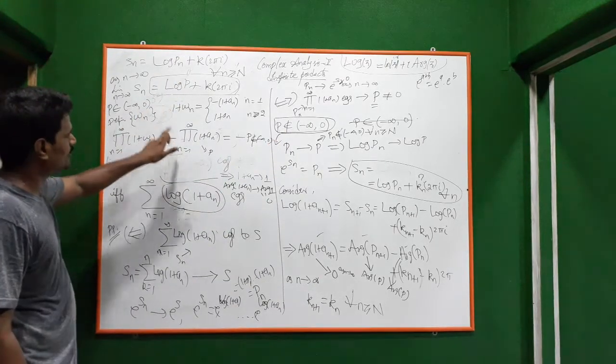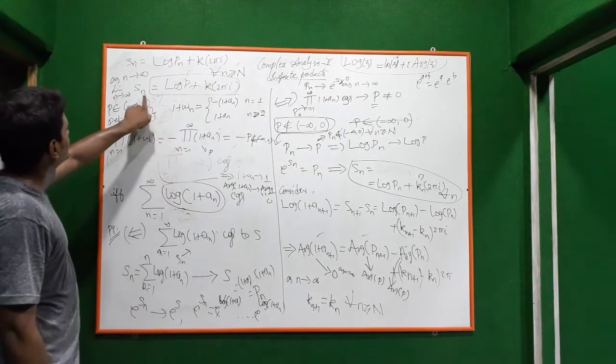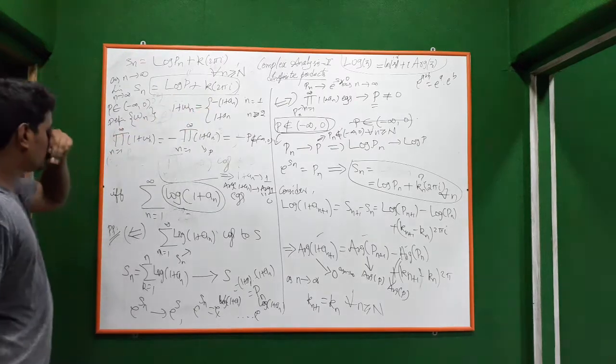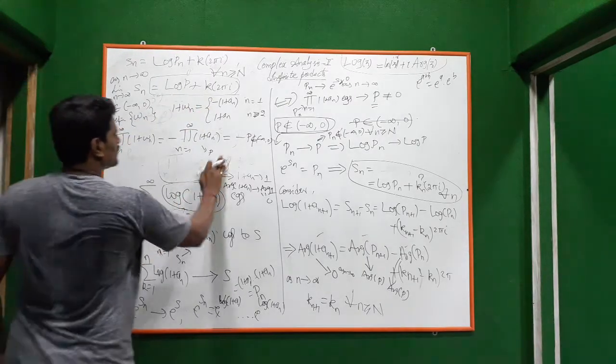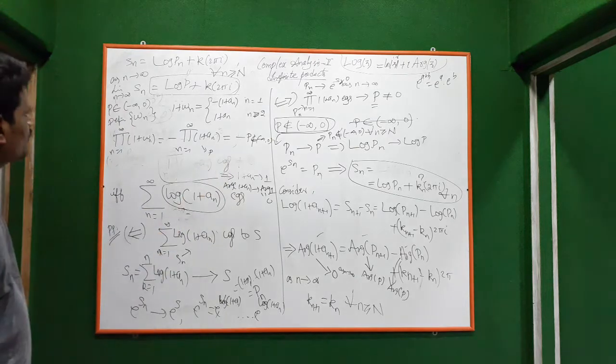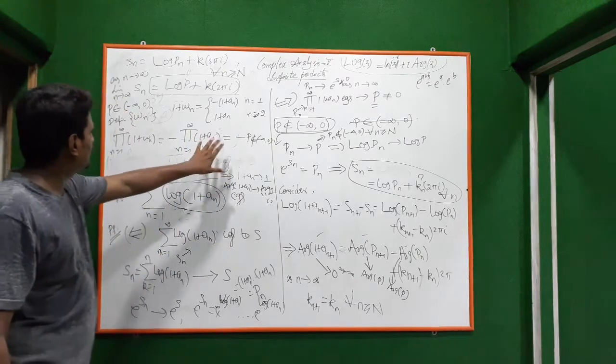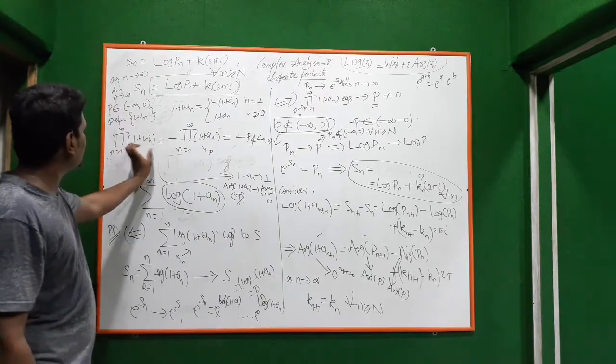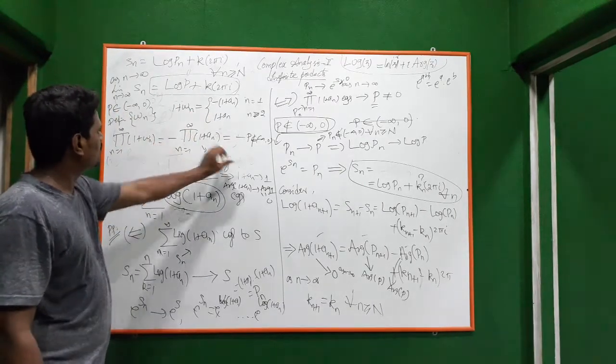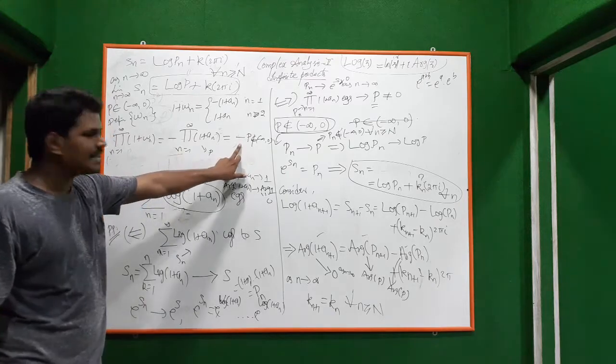If this doesn't belong to minus infinity to 0, we can apply this same thing. If you apply this, what will we get? This is converging to log p plus 2k pi i. Okay, that's all. So this is done there. So if you take my d belongs to this, you are redefining this 1 plus an as this, and we are getting this convergence as minus p.